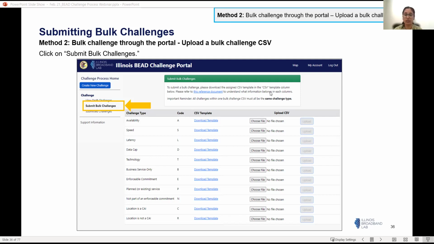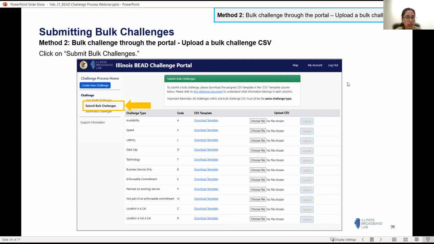And in the third method, when we are using the map, there's also a way to export a CSV with all the location IDs. So I think Devon's going to go into depth on how you can go about that. But if you have access to location IDs and a few challenges that you want to submit, this would be the best way to proceed with the challenges.